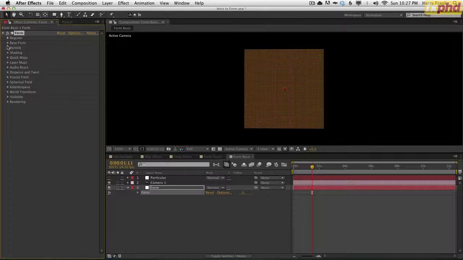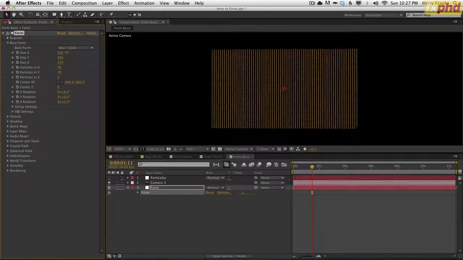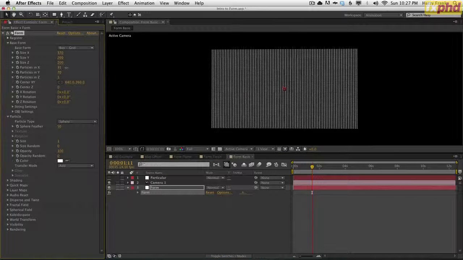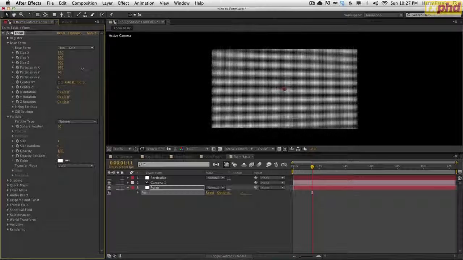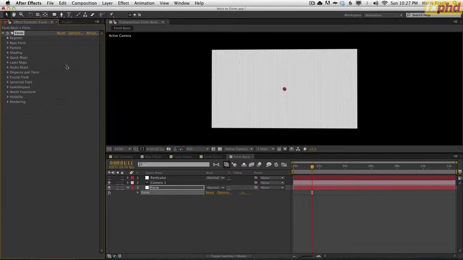So in our base form here, let's go up and expand the size a little bit. Let's go down to the particle, and set this to white because we're actually going to do an image map of this. And I'll squeeze the particles in just a bit more so we have just about a solid shape here. Okay, so we're going to skip over some of these layer maps and jump to something that